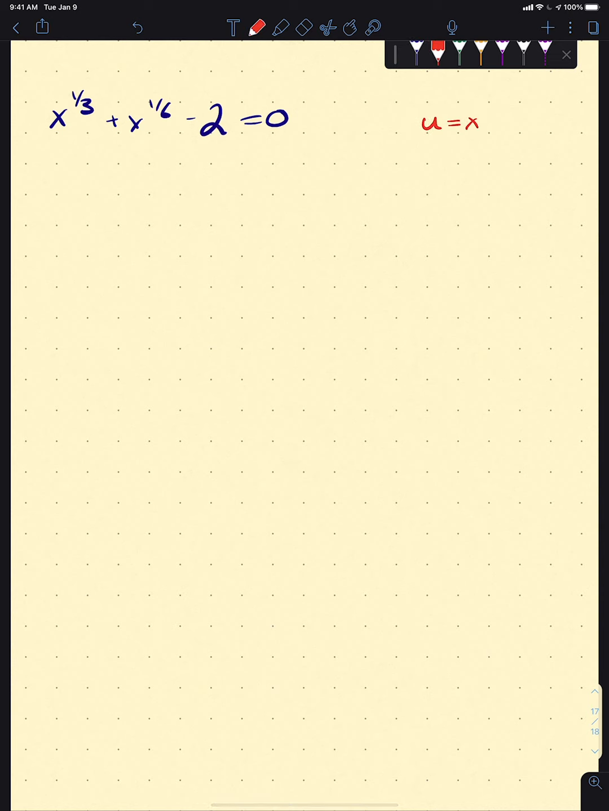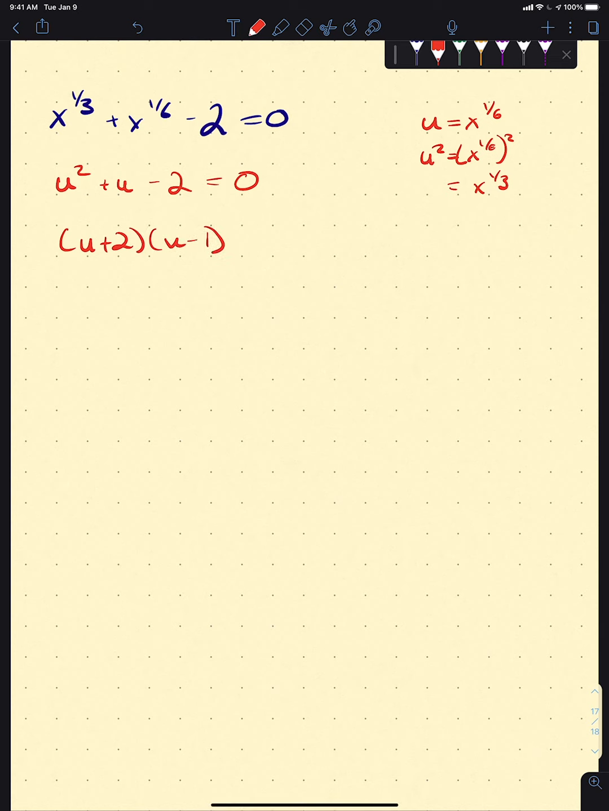And I'll offer you this one, right? What if u is equal to x to the 1/6, right? What happens when I square that? Well, x to the 1/6 squared is x to the 2/6 or x to the 1/3, right? So u squared is x to the 1/6 squared, which is x to the 1/3. So this now becomes u squared plus u minus 2 equals 0. Okay, so now we can factor this, right? We can factor this into u plus 2 and u minus 1. Well, that would tell me two answers, right? That would say that u is equal to 1 and negative 2,